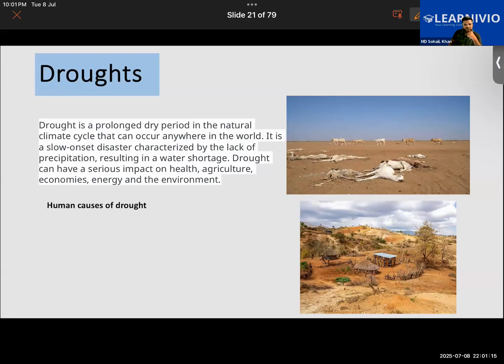Even urbanization can also be a cause, right? So we have deforestation, we have overgrazing, we have excessive irrigation, like not irrigating the land in the proper manner. And although moments ago we learned about the natural causes, other than human activity, climate change is also responsible for desertification. Now, the human causes of the drought, hold on here, it could be